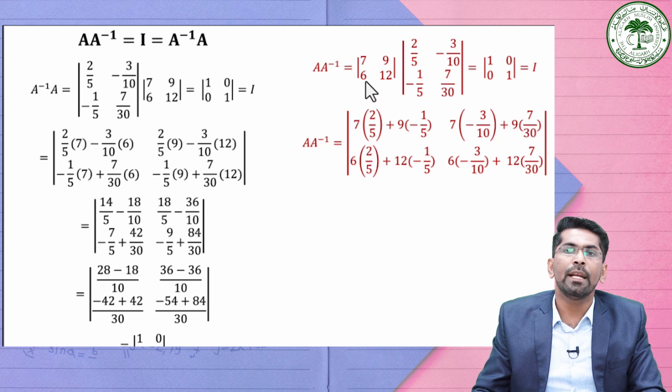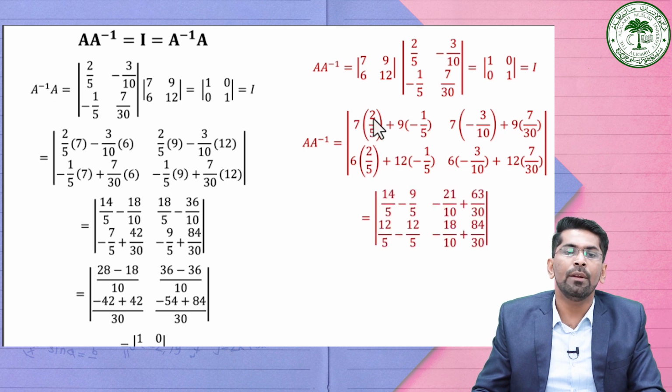Similarly, we are going to take the second row and multiply it with the first row and the second row, then we will get these values accordingly. Now, if you multiply these values, then it will be 7 into 2 by 5, which is equal to 14 divided by 5, 9 divided by 5, then here it is 21 divided by 10,